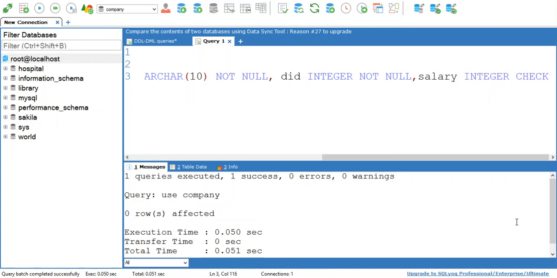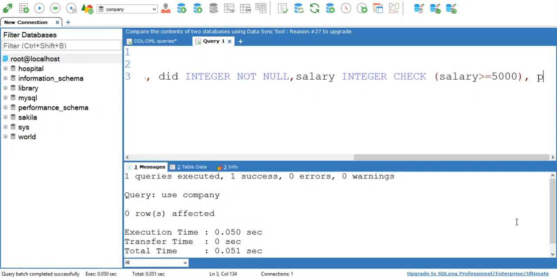So here I have written salary integer, then the name of the constraint, that is check, and in brackets write down your condition. My condition is that salary should be greater than or equal to 5000. So I have given this constraint: salary integer check salary greater than or equal to 5000. It means that now whenever any user tries to insert data into the employee table, the system will check the value of salary, and if that value is greater than or equal to 5000, then only that row will get inserted into the table, otherwise that user will get an error. So this is the check constraint.